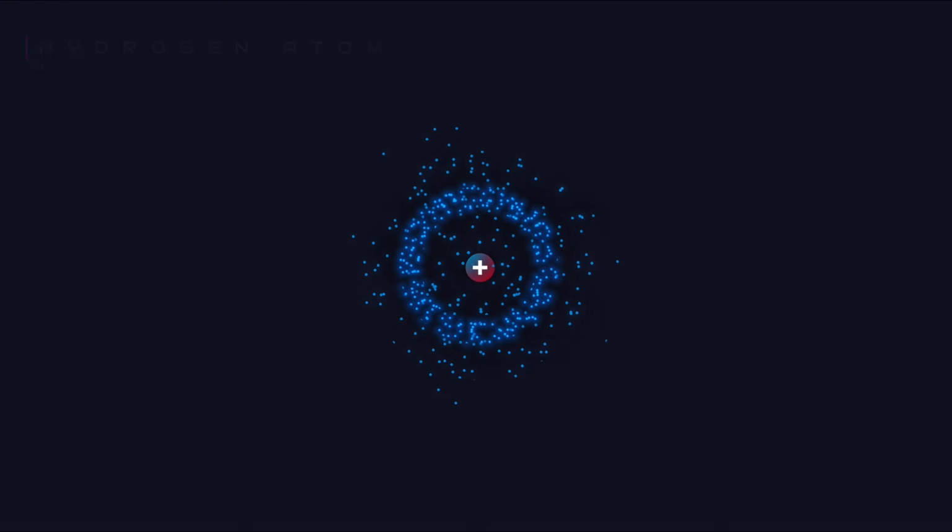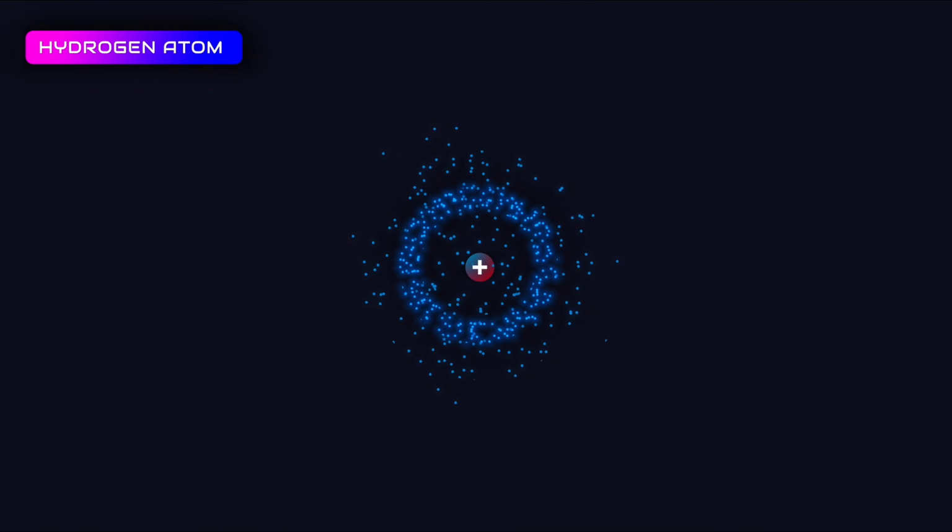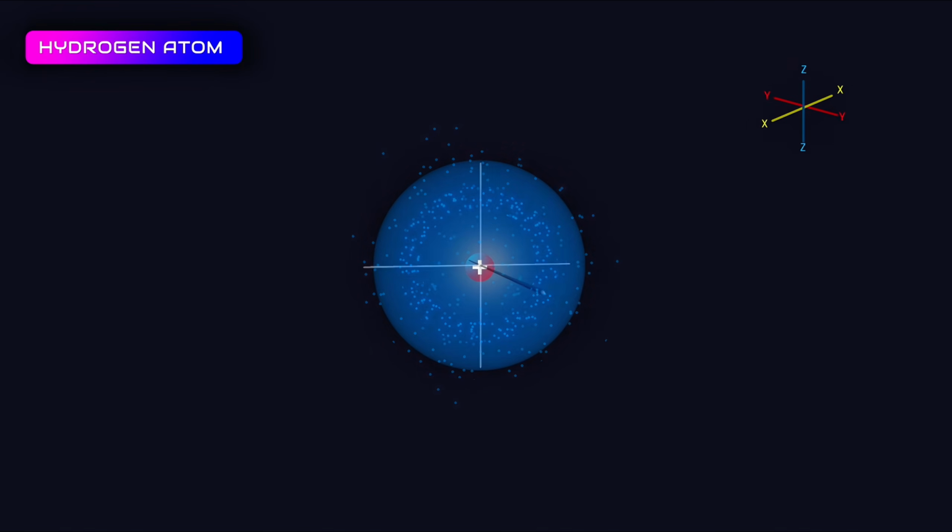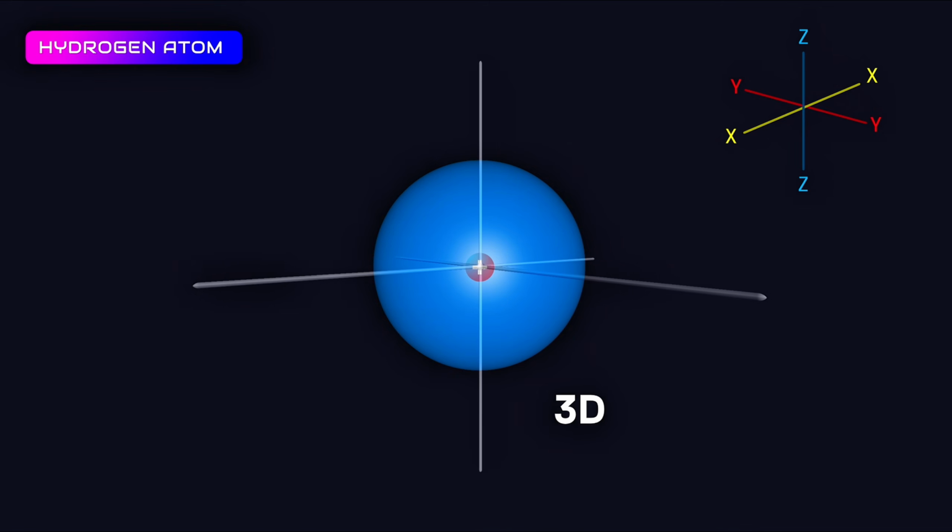In a hydrogen atom, there is only 1 electron, so it is easier to determine the probability of finding it. Since there is only 1 electron, the electron cloud surrounds the nucleus in all directions. To understand the position of electrons in higher level shells, we need to visualize the orbitals.